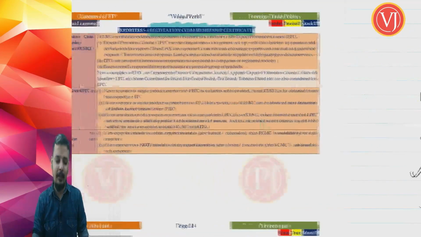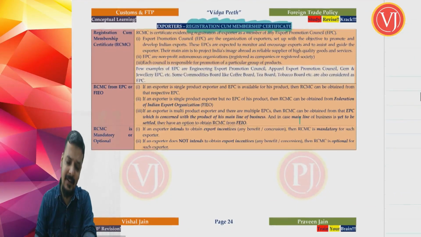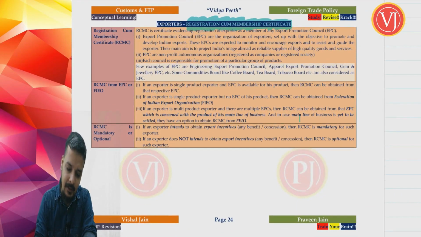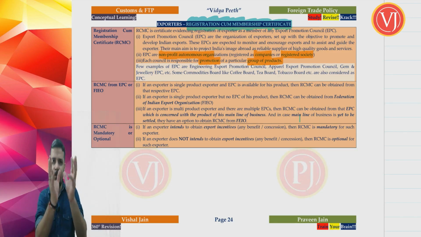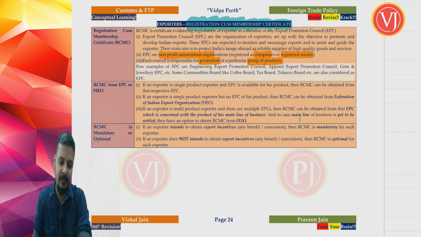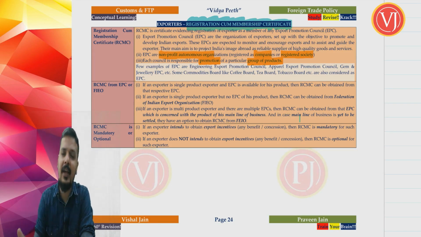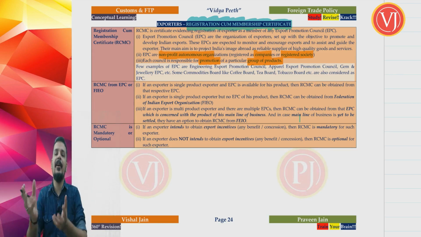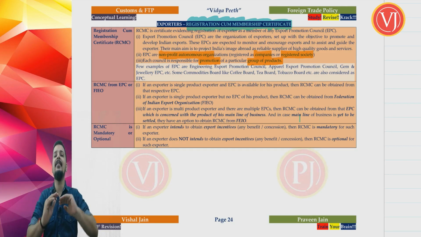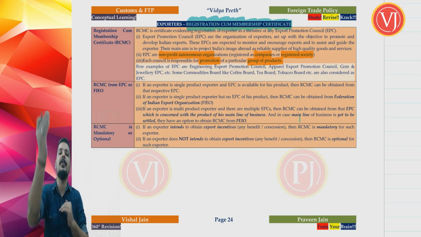Right. So when you talk about your export promotion council, EPC, they are nothing but non-profit autonomous organizations, either registered as companies or societies. They are responsible for promotion of export of a group of products that we have discussed. They will be focusing on a single product or group of products. The members of these EPCs will be the exporters of that particular item or group of items, where the exporters will find it easy to communicate with the EPC, and the EPC will further communicate with